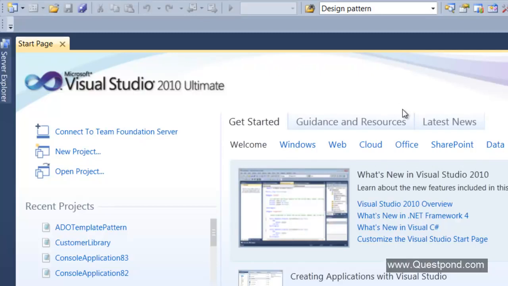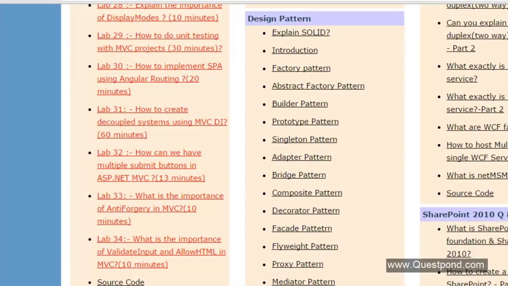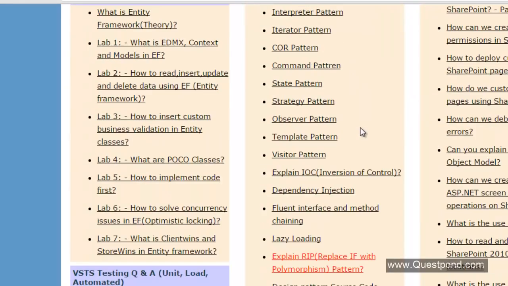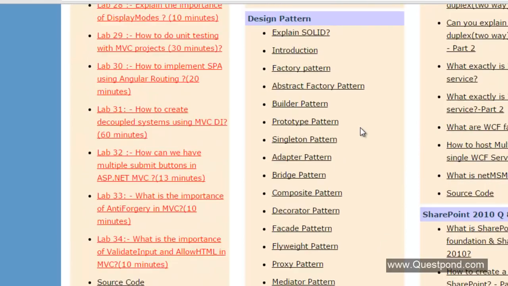But in case you are concerned, saying that no, I want to learn all the design patterns and I want to go step by step, what you can do is follow our video series, which we have on questmonvd.com, where we have explained 40 to 50 design patterns. So you can see here factory pattern, abstract factory, builder, prototype, adapter, decorator, name that pattern, and it has been completed in this series, right?